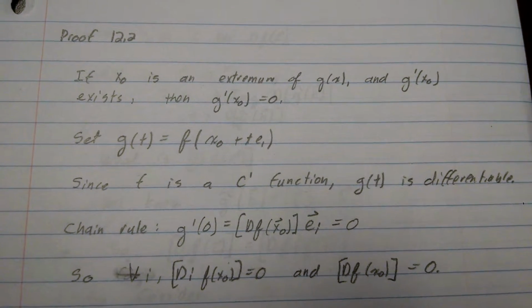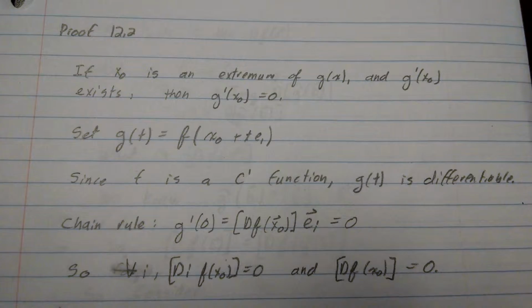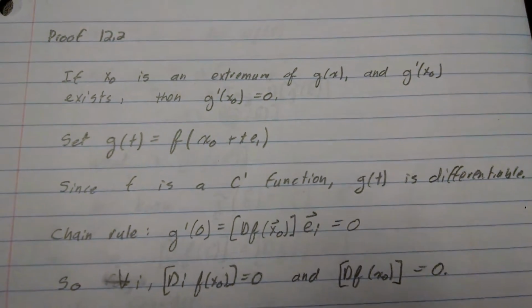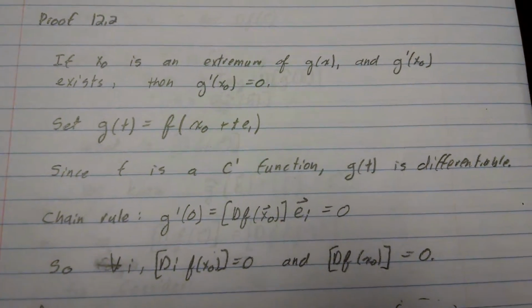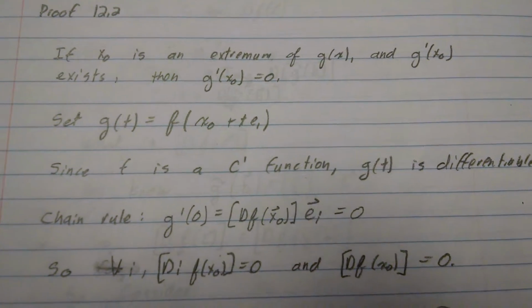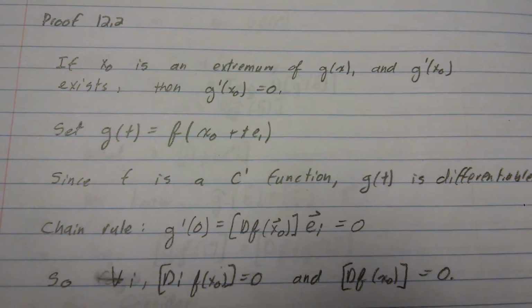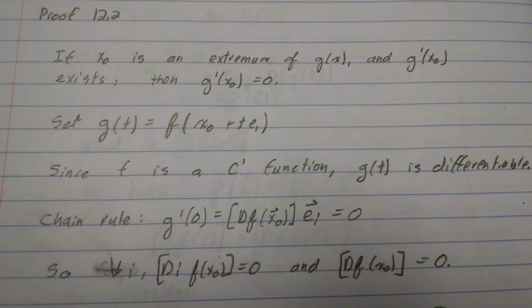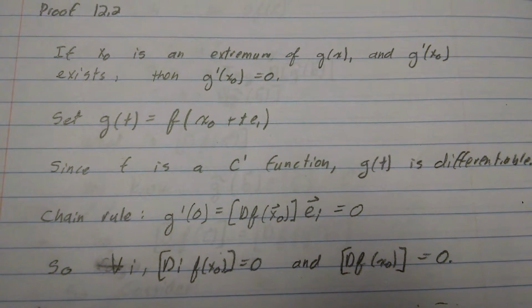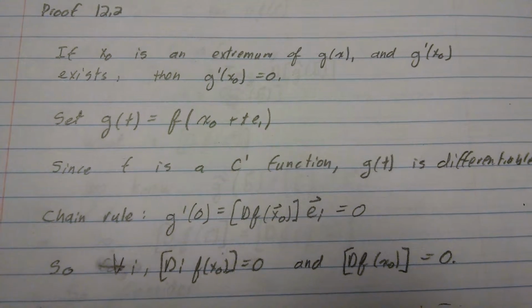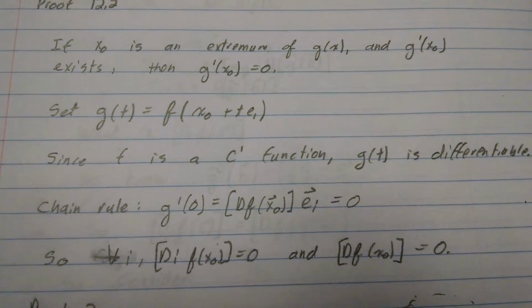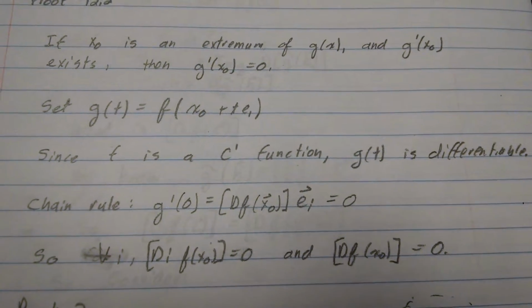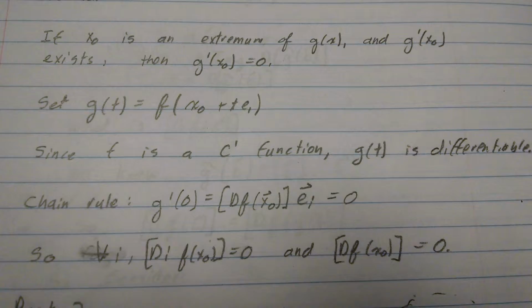We'll start off by just showing that our single variable knowledge of extrema and derivatives applies here. So if x naught is an extremum of g(x) and g prime of x naught exists, then g prime of x naught equals 0. So let's set g(t) equal to f of x naught plus t e_i. Since f is a C1 function that's given to us, g(t) is differentiable. Let's apply the chain rule, and g prime of 0 equals